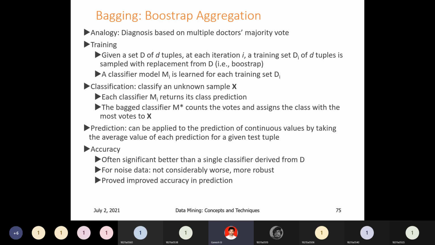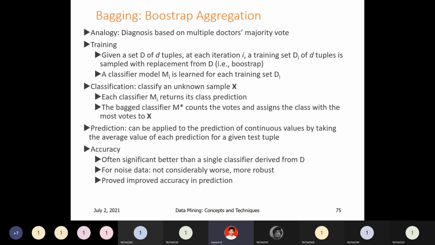So I already told you. Suppose 1, 2, 3, 4, 5, 6, 7, like that 100 items are there, or 10 items are there. In the first set you may have 1, 2, 3, 4. In the second set you may have 1, 5, 6, 7. In the third set you may have 2, 3, 4, 6. Like that, random samples can be taken. For each and every sample we will create a model. Bagging is nothing but the process in which a number of data samples are taken with replacement. The data item may be replaced.